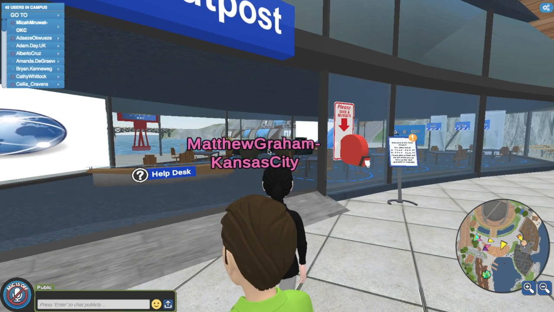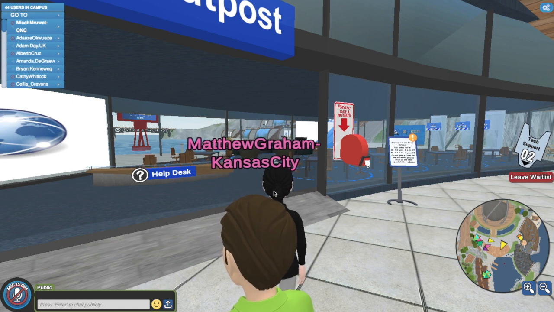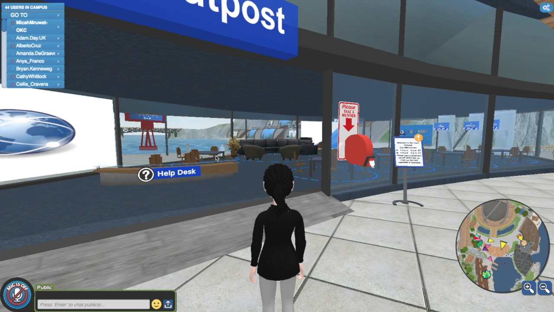But if I wanted to go ahead and get in line, I would just simply use this ticketing system, click, and it now shows that I'm on the waiting list. So once it's my turn, it's automatically going to populate me to one of these tables, and I'll actually be able to speak with one of our tech support live. So for the sake of example, I'm going to leave the wait list and go ahead and get off of